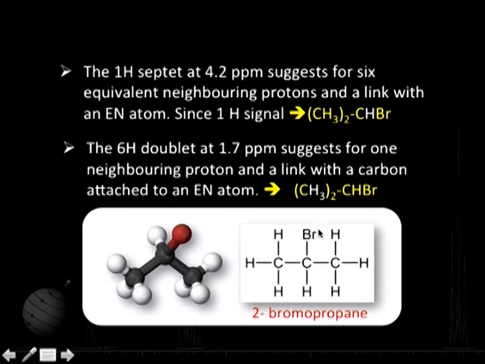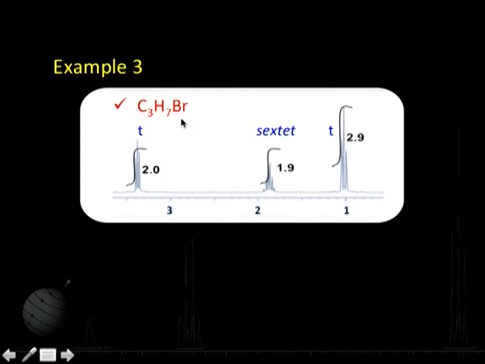That means we have a bromine atom over there, because bromine could be here also. If it is here, the spectrum will be very different. We will come to that as well. Let us come to the next spectrum, where the molecular formula is again C3H7Br, but now you find that the spectrum is very different. In the previous case, we had only 2 signals, one for 1 proton and one for 6 protons. Now, we got 3 signals, and they are a triplet, a sextet, and a triplet again. Let us go systematically.